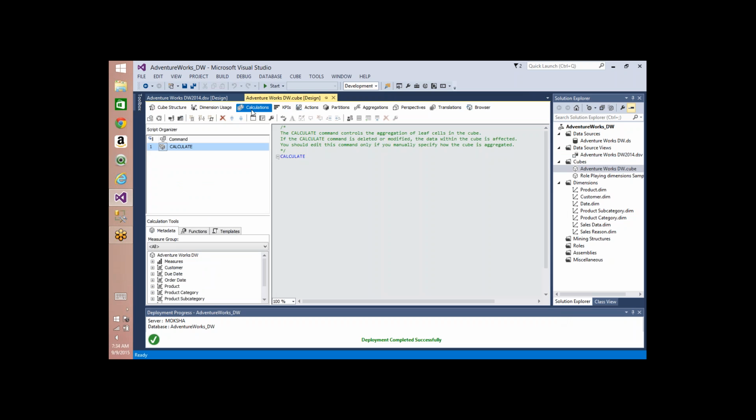Calculations is a very important concept in Analysis Services. Creating or designing the rest of the cube is one story, but creating the calculations is another one. To create calculations, you need to know MDX. You need to be good in MDX because we use MDX scripts to write the expressions in the calculations. So the calculations in the cube are more like the named calculations which we create in the data source